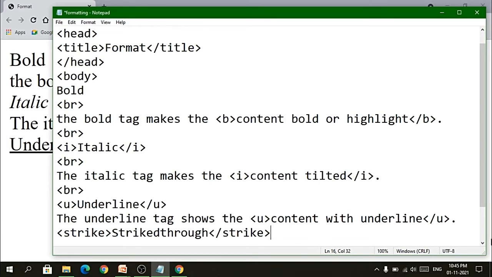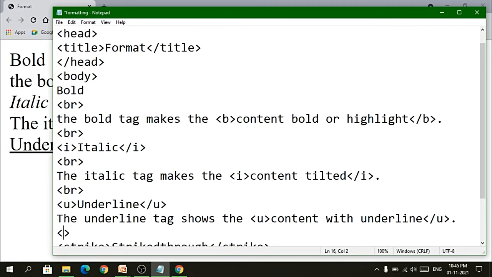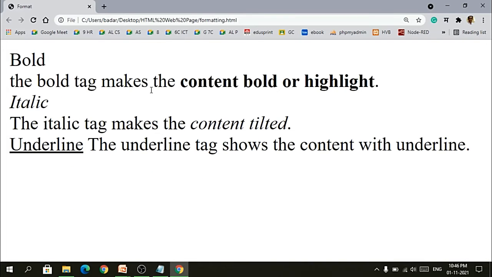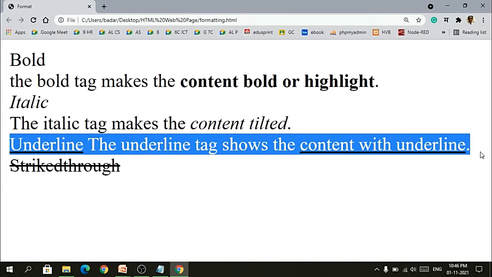Okay, just save the file. I have forgotten to specify the br tag. The br tag is used just for making the content a little bit more clearly visible, so that I can understand this is the line ending and there is new content starting. Here I have not specified the br tag after the underline tag, so it is coming in one line.